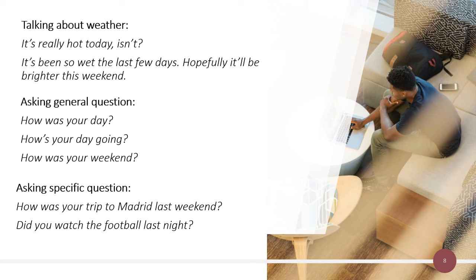In this context, you know that your friend has been to Madrid last weekend, and then you can ask this question to keep the conversation going. Or you can ask, did you watch the football last night? In this context, you know that your friend likes football, so maybe there was a football match last night, so you can ask this question.